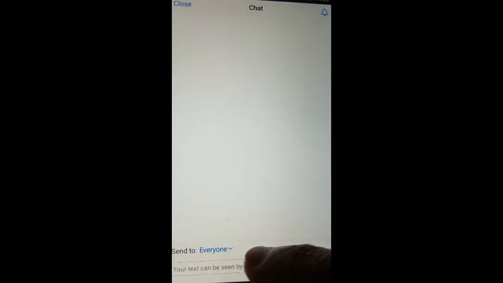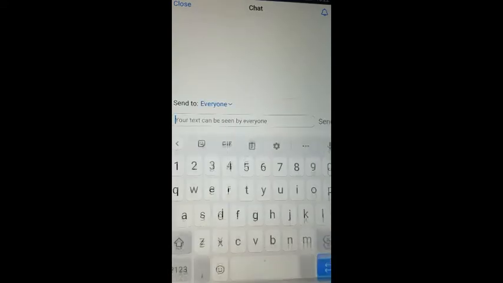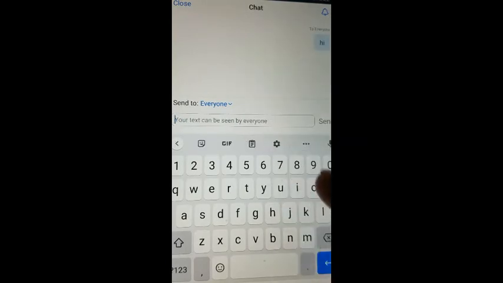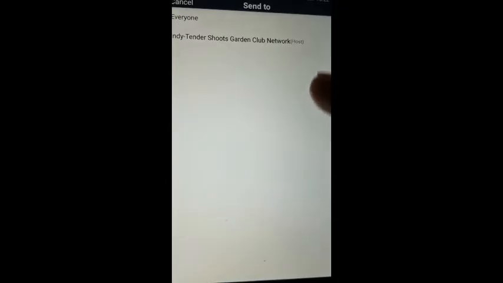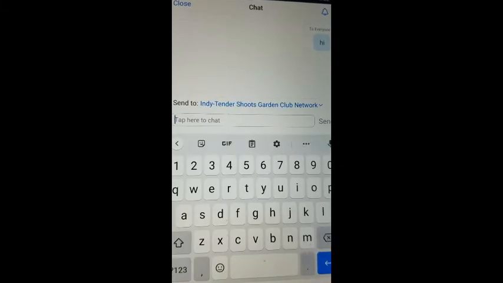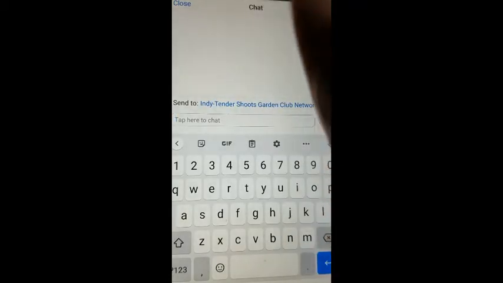So I can send a message to everyone. I can click in here, type my message, hi, send, and that sends the message to everyone. I can also send the message directly to the host if I want to. I can just click on that, and now I'll be sending a message just to the host. So if it's a private thing you want to send to them, you can do that as well. So if I close that,